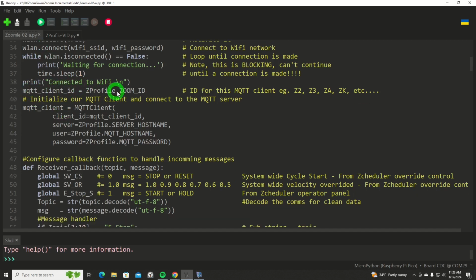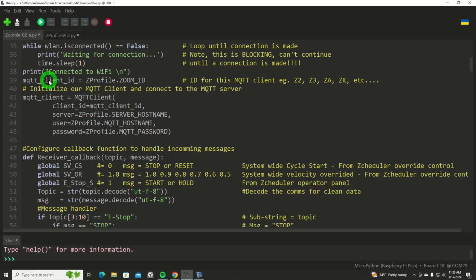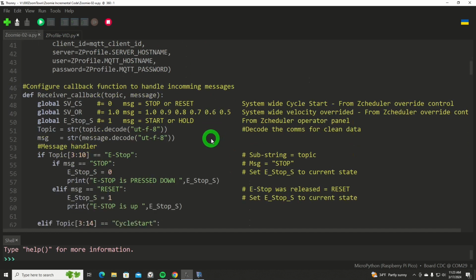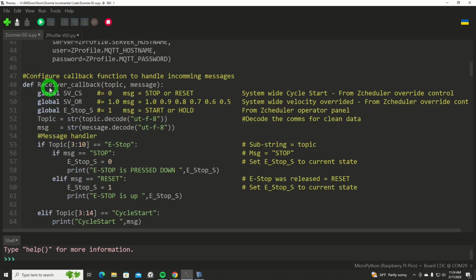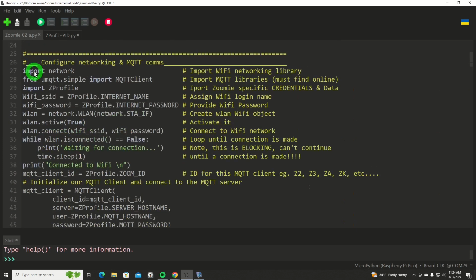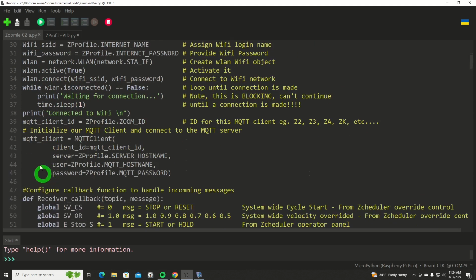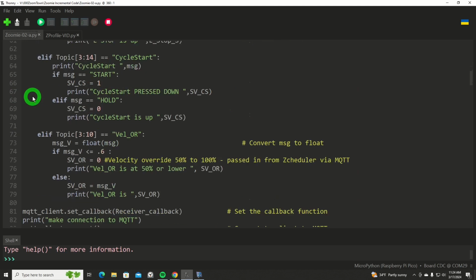Once it's all connected, I just print out that we've been connected. Now we're going to start setting up our client ID for the MQTT. We're going to get that data from the Z profile file name. We will initialize our client using the data from there, using the client ID, server name, host name, and password. All that data, of course, coming from the profile. Now at that point, we're still not fully connected yet, but I dropped in this function in this location to help me with finding things as this program got bigger. Now you'll notice this code here is all fully on the left, so this is running at power up. This would be a function, it's not called yet, so it would skip over this on power up,